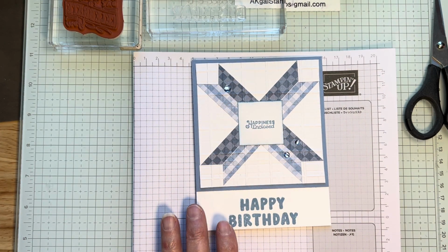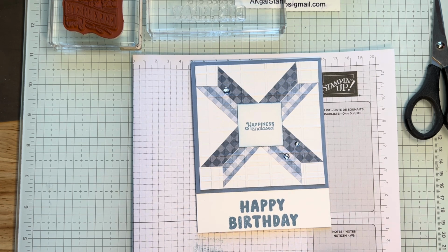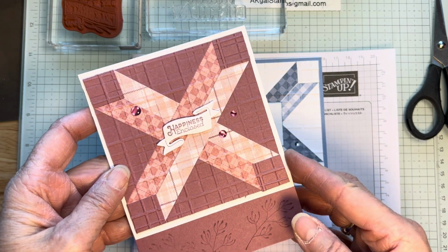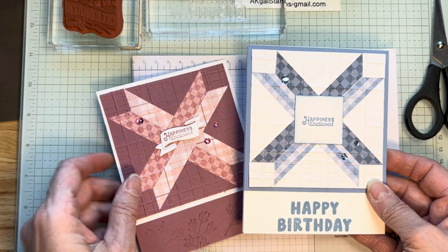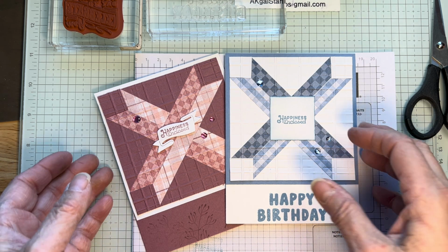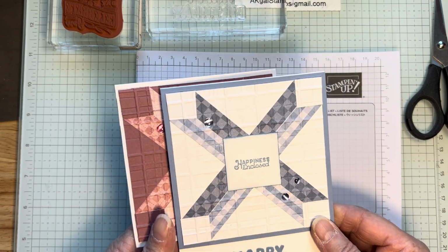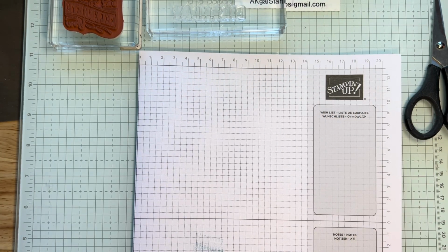This is the last card this week, but I did make a different one too. This one's actually Moody Mauve, but it looked orangey on my Facebook page. And this one's using Boho Blue, but I'm using the Timeless Plaid DSP. So it's a really easy card to make. It's more of an illusion. So we shall get started